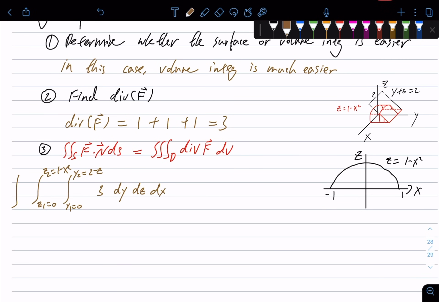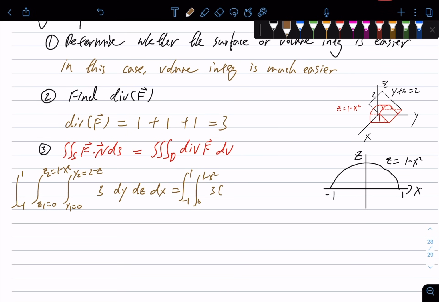Finally we're going to have negative 1 to 1, so the left bound is a constant, right bound is a constant. So what we're going to get is negative 1 to 1, 0 to 1 minus x squared,